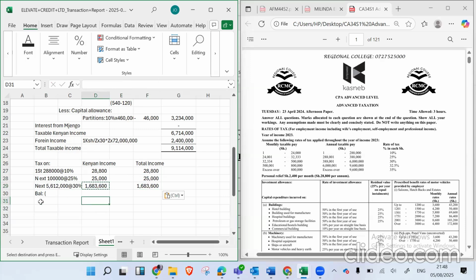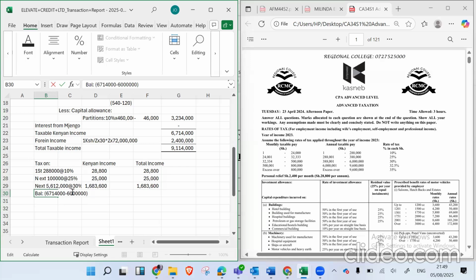Good, thank you. Now the balance for the Kenyan income, we had a total of 6714,000 to tax, but we've only taxed up to 6 million. So the difference